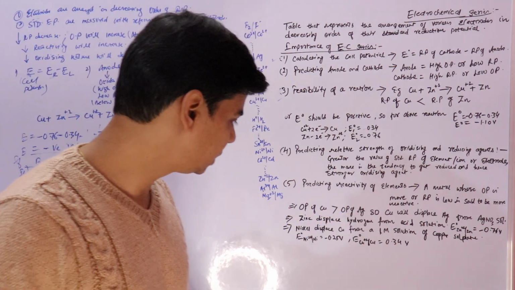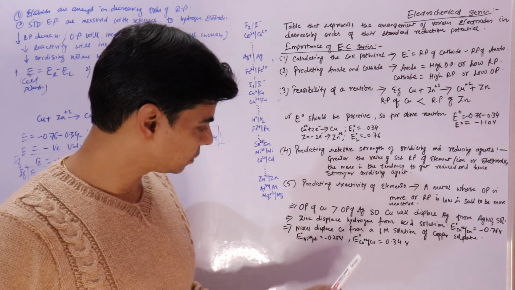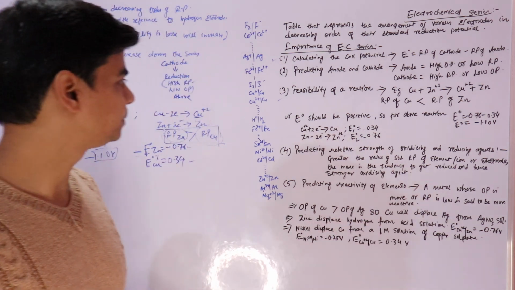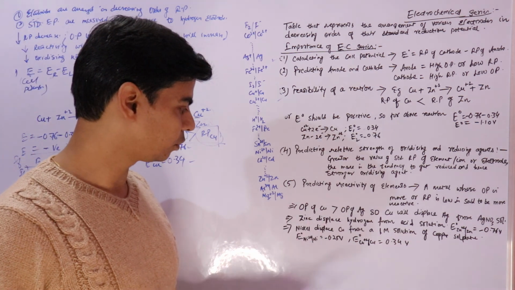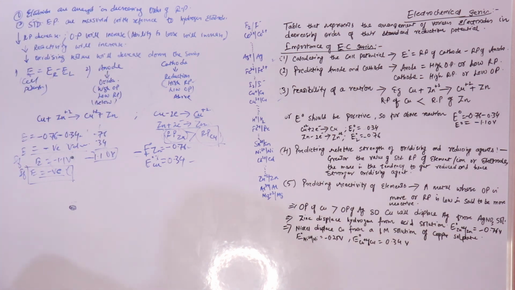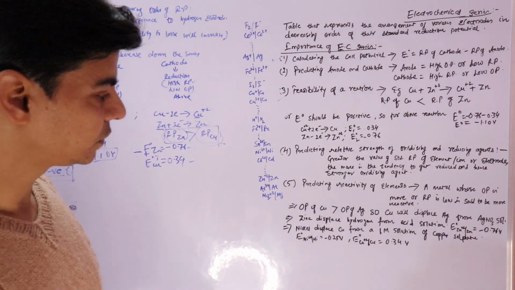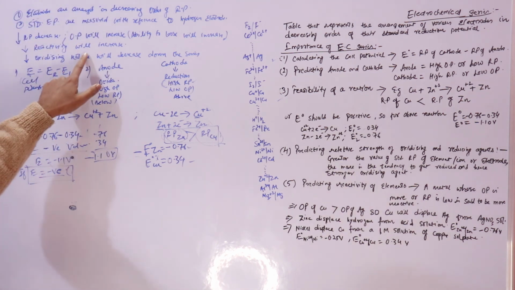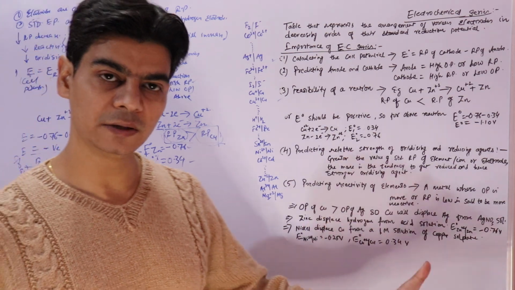This point is covered. So let's take some examples. The oxidation potential of copper is greater than the oxidation potential of silver. Or we say that the reduction potential of copper is less than the reduction potential of silver. Since the oxidation potential of copper is greater than that of silver, high oxidation potential means it's more reactive. More reactive means it can easily give electrons. If it can easily give electrons, it